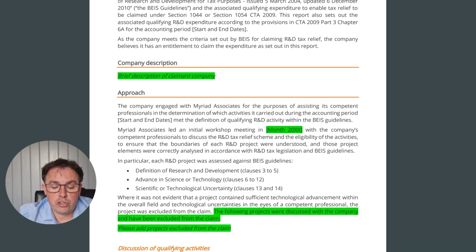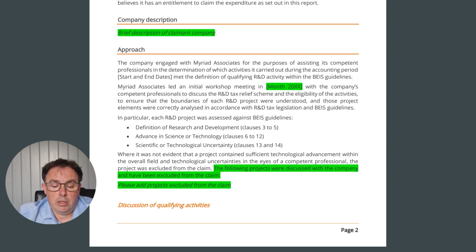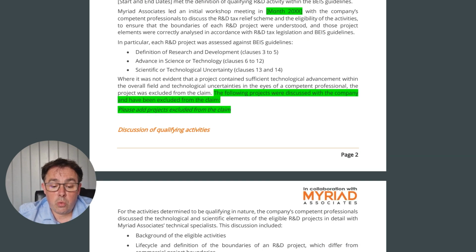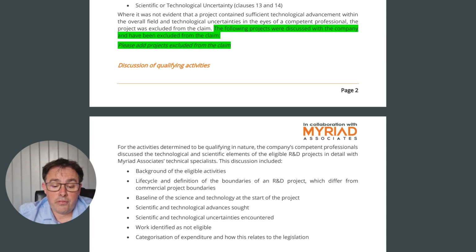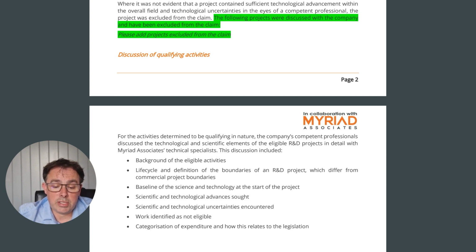It talks about the approach that we take in making a claim. We talk about the discussion of the qualifying activities, the fact that we've looked at the background of the eligible activities, the life cycle, definition of the boundaries. The baseline position is extremely important. So what you're trying to say is, at the start of the project, what was the baseline position in terms of science or technology within that particular field that was known within the public domain? That's important, because that's what you're measuring yourself against, to ensure that you can make that appreciable improvement,